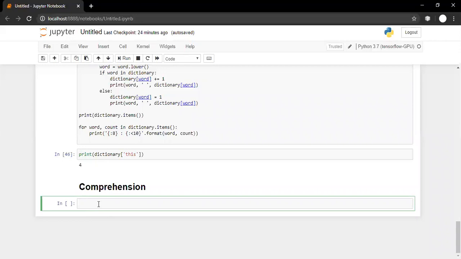Any doubt? Class? If you have any query, please post or simply say go ahead on the group. Oh, no query? Good. So we'll start with comprehension, how comprehension works and so on. Okay. Thank you, Ashwini.